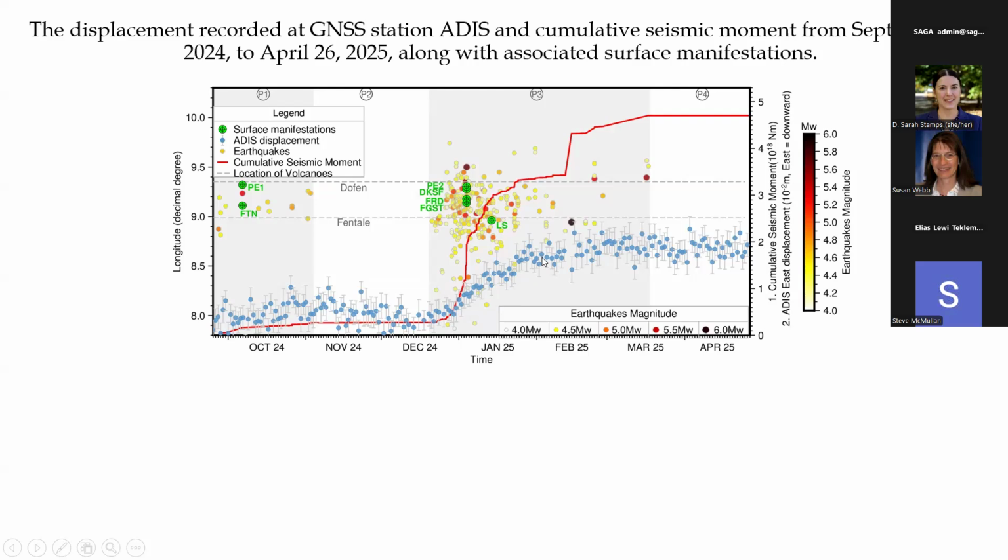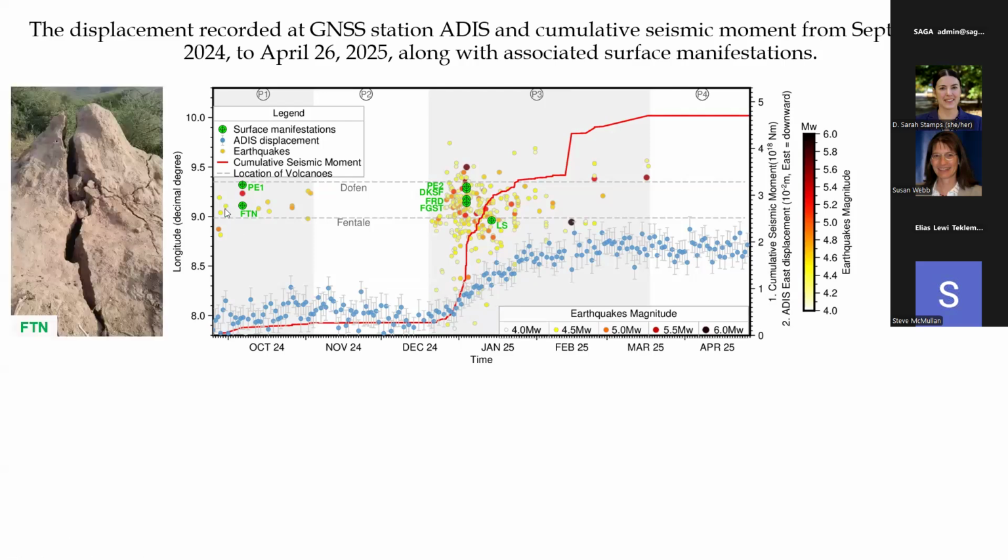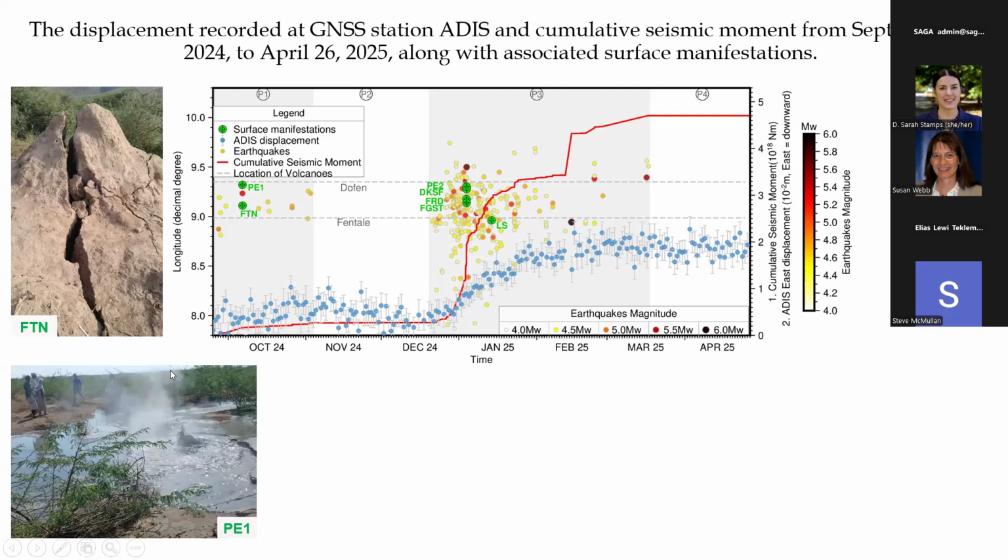You can imagine the amount of energy that was released from this diking event. And as you can see here, we were seeing periodic eruption in this region at the beginning, and some termite nests were cracking in the area on the surface. In the phreatic eruption one, this one was this one,